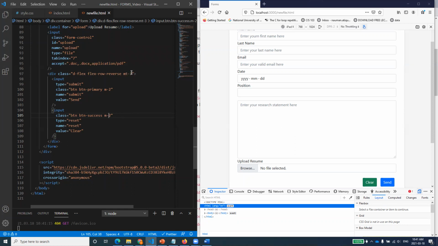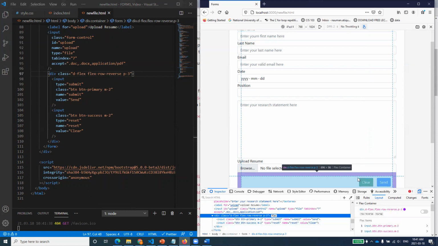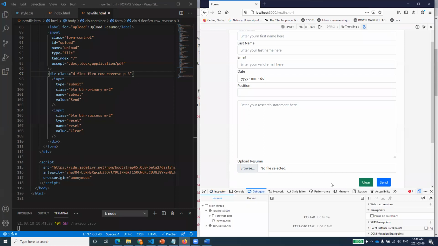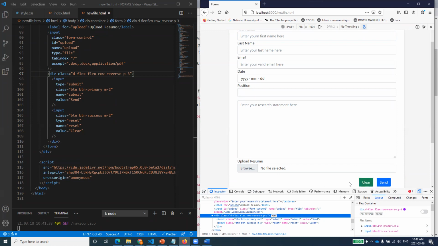If you do that padding over here, let's take out this empty and put padding 3. You see what will happen. Inside that div, they will be squeezed. You remember we talked about this, and I remember you asked this question: this div is basically a box around that. Let me select that one and you'll see the difference. So now this is our div. When we are doing that flex row reverse, if you are doing that padding, it means you are just including that inside space. Are you getting that? So padding does not work.